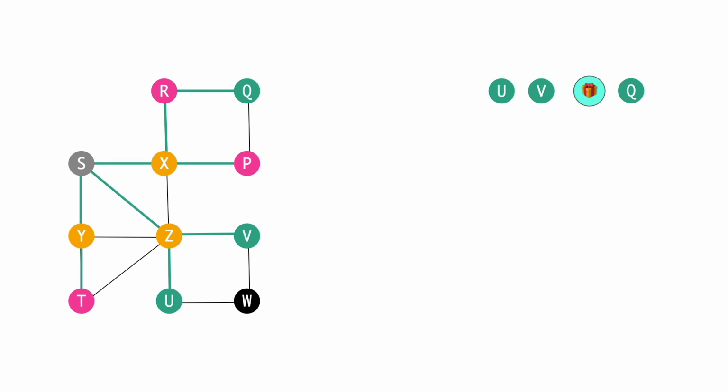And notice that now the color coding has changed to denote the fact that we are now processing vertices in the second layer. So the next vertex is U, and U does have an unvisited neighbor, which is W. So we add W to the back of the queue, let go of the vertex U, mark it as processed,